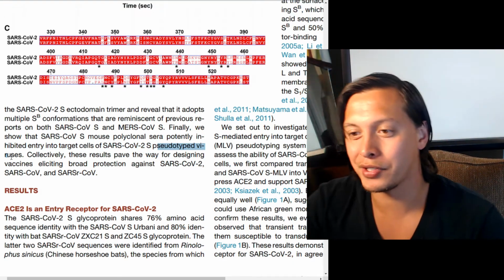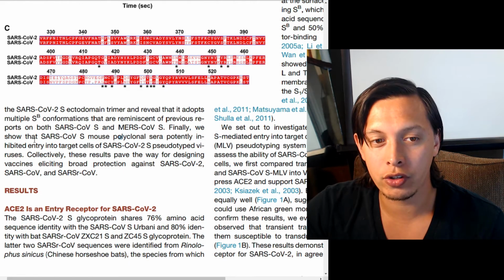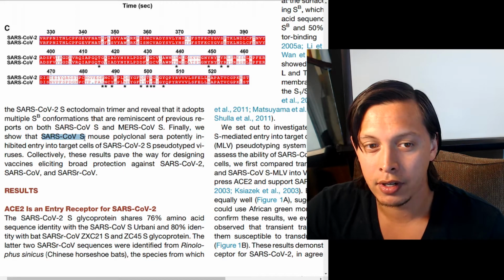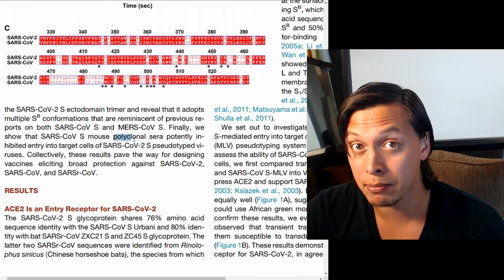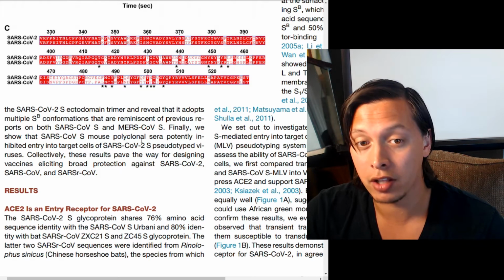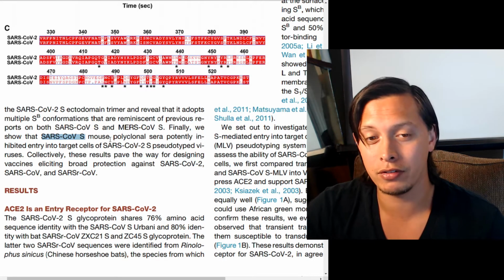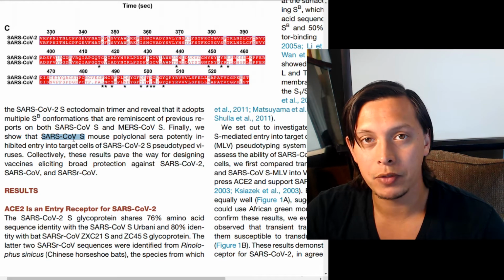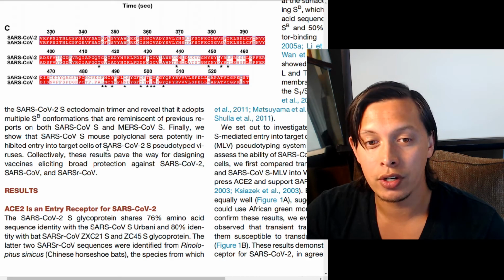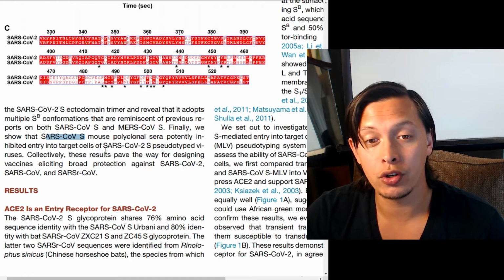So this is a lot. What they're saying here is that if you have polyclonal antibodies for the original SARS-CoV-S, so polyclonal, many clones, a lot of different types of antibodies, you could possibly have immunity from this new SARS coronavirus S. The reason is there are some locations on the original SARS spike protein that are similar to this new